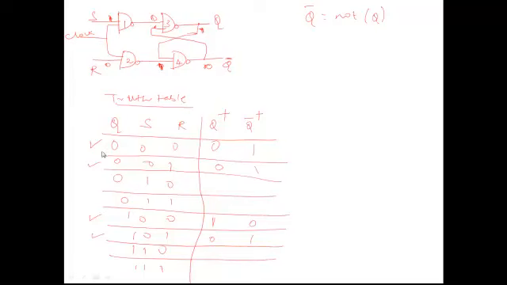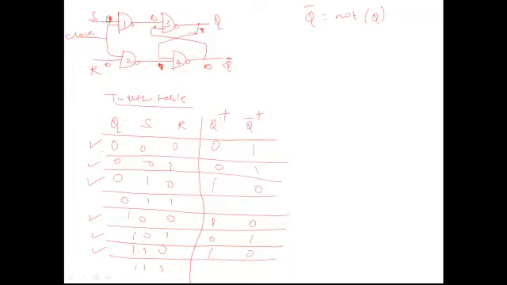So here again what is happening? When S is 1, R is 0, it is directly giving you Q is 1 and Q bar is 0. It is not at all depending upon the present state. So this will be 1 and this is 0 for this combination, and also here you are having S is 1, R is 0 combination. So this will be 1 and this is 0. And finally we will check the next thing, 0 1 1.